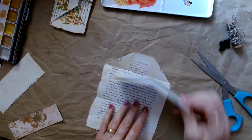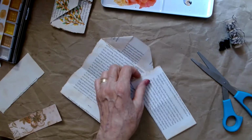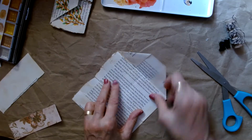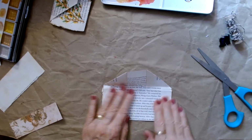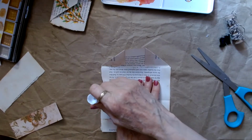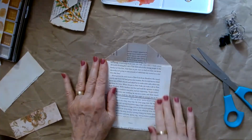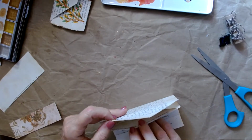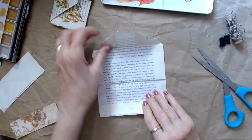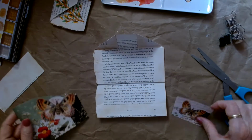Okay, so here's my center point. And I'm going to make sure I'm on the right, and glue down the two sides over here. Just going to peek out a little bit and it looks good. Okay, so maybe I'll throw some decorations in here again. And I do have a few of,